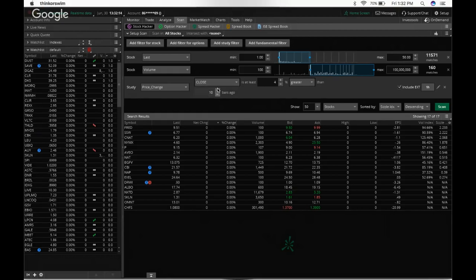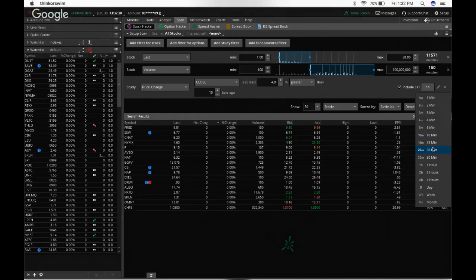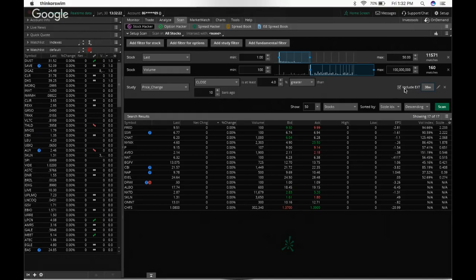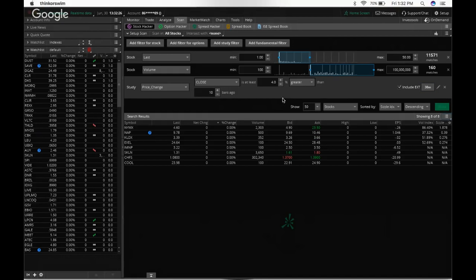And I simply put 10 bars, and then I included extended hours by simply clicking on the time frame. And you can put 30 minutes and it will include it, or you can uncheck it and it will exclude it. And then you click scan, and then your stocks pop up here. So these stocks that are popping up right here